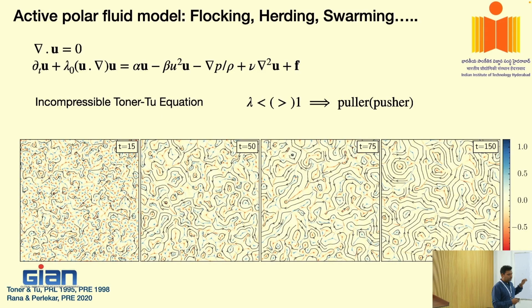So Anupam, where is the injection of energy, precisely? This is alpha, and also through lambda 0. Alpha is not a friction. Here it is the activity. So whatever data I'm going to show you from the numerics, alpha is always going to be used as a parameter that provides energy to the system.